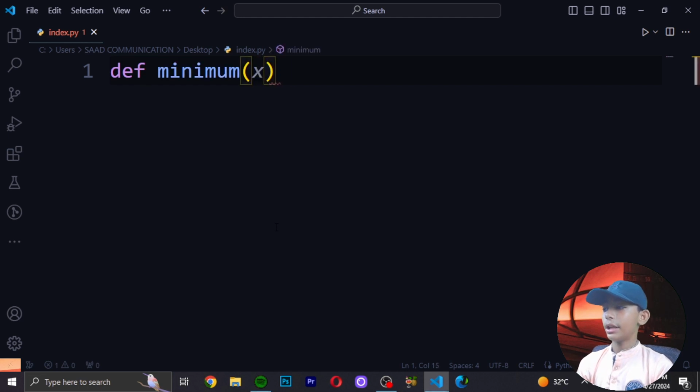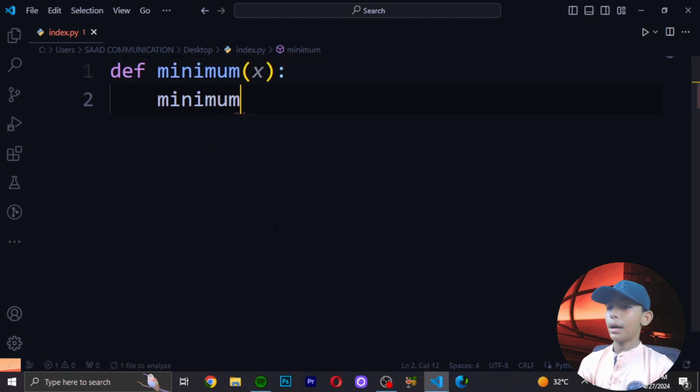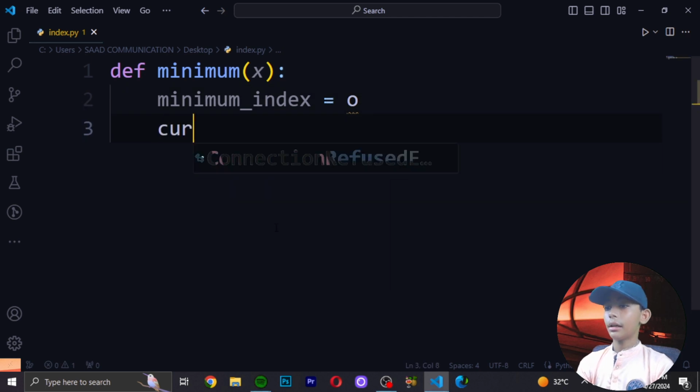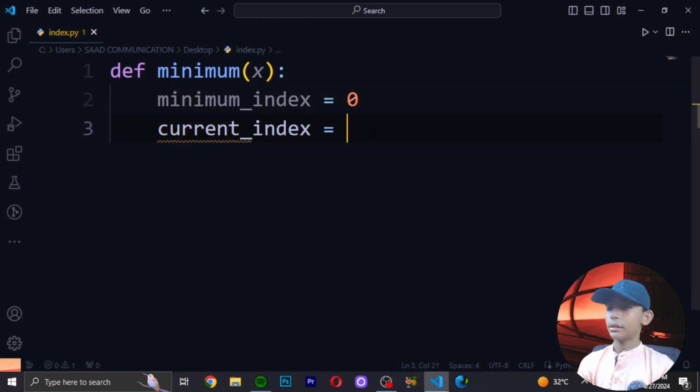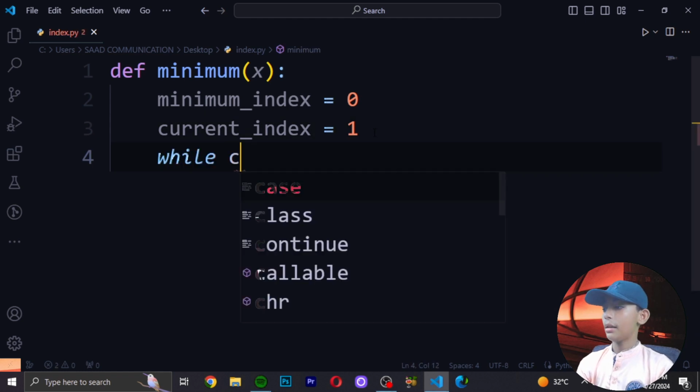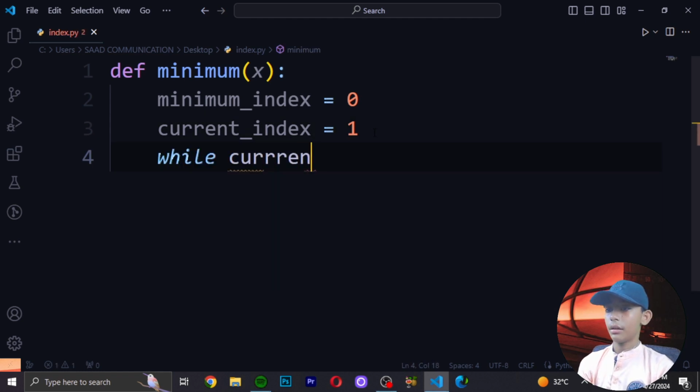Then I am writing current_index = 1. Then while current_index is less than len(x),